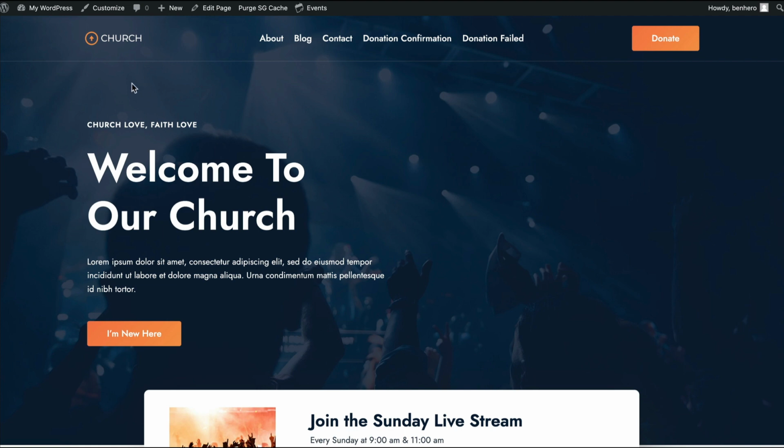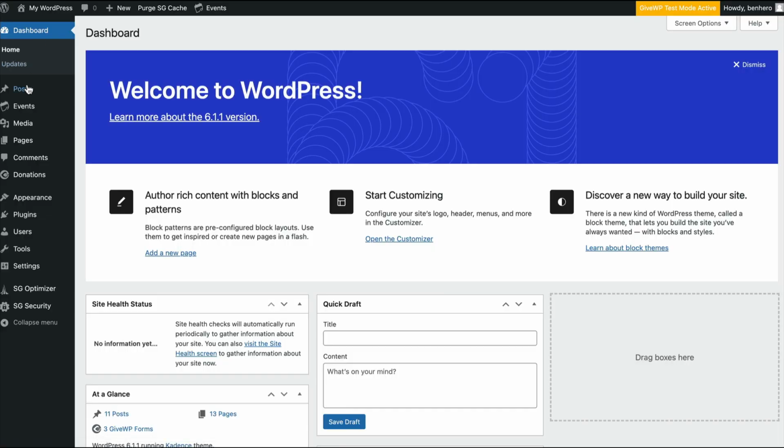Now, once you get here, if you're looking at what we call the front end of the website, the side of the site that is viewable to the public, while you are logged into your website as the admin or as a user, you will get this extra bar across the top. This will not show to the general public. If you ever need to get back into the dashboard from the front end, you can go up to My WordPress and go to the dashboard, and it will take you back to that starting point